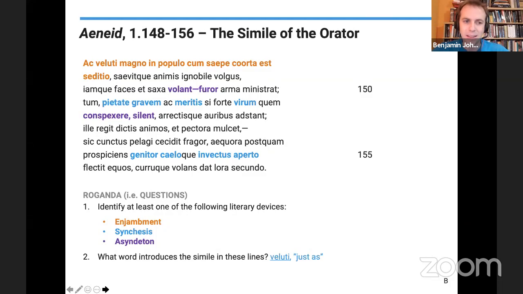So in this way, the whole crash of the sea has fallen down. And the genitor here, who is carried into the open sky, that would be Neptune, another synthesis. He bends his horses and rides off in his chariot into the sunset. Just to let you know, the simile here is introduced by veluti, which is just "as." This is a fantastic simile, by the way. This is the one time in the Aeneid where piety actually defeats rage. And it happens first, and then every single other time in the Aeneid, when piety and rage go at it, rage wins.